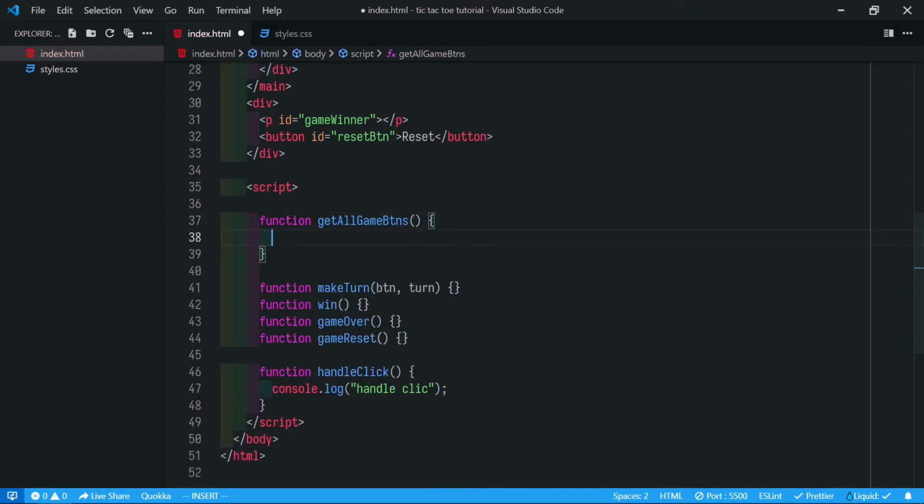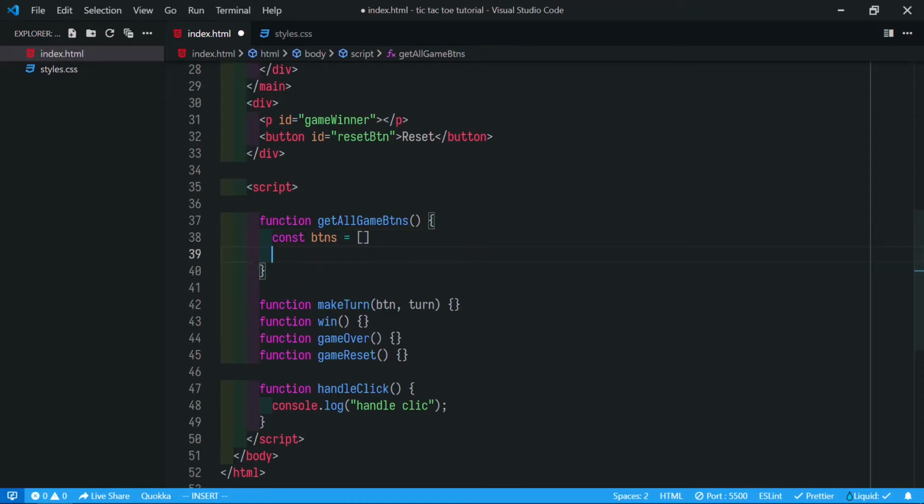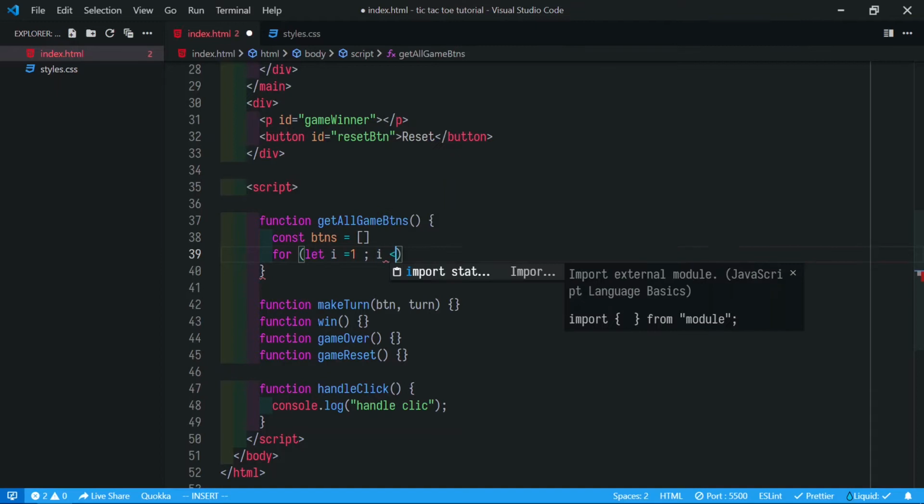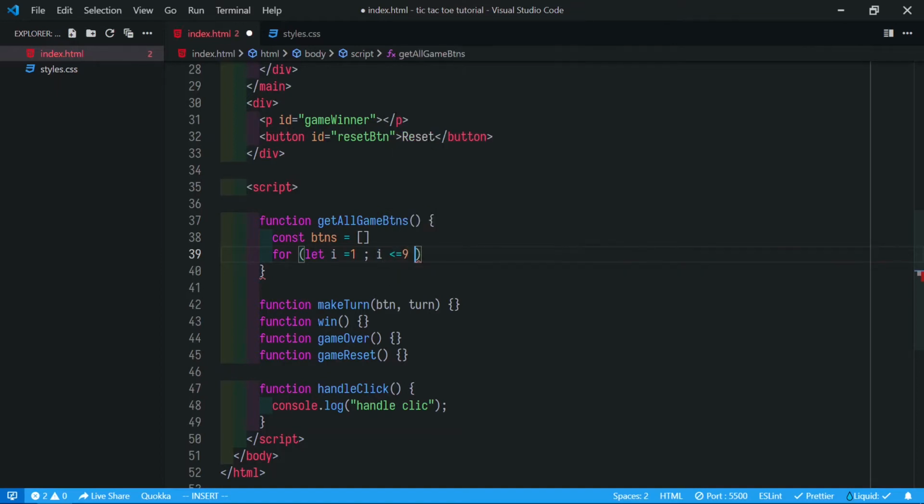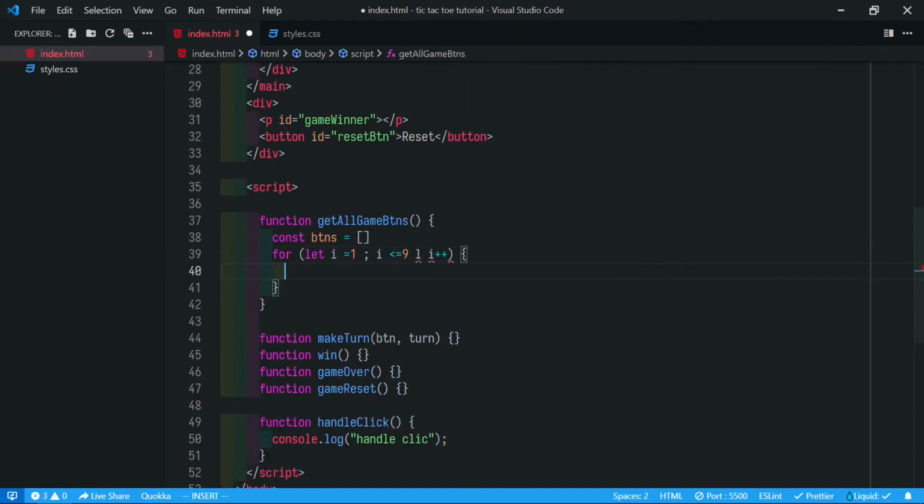What it does is we take const buttons array, and then we do a for loop, let i equals 1, i less than or equal to 9, i plus plus.